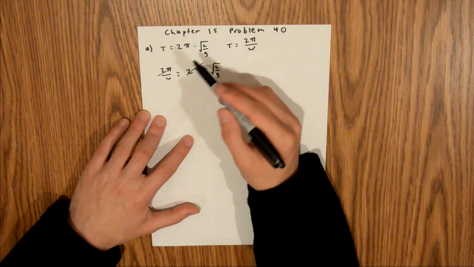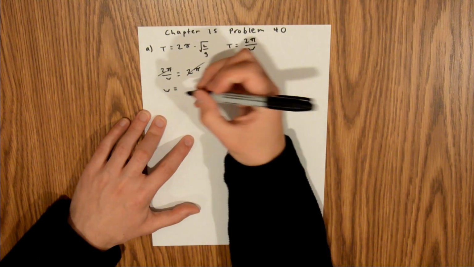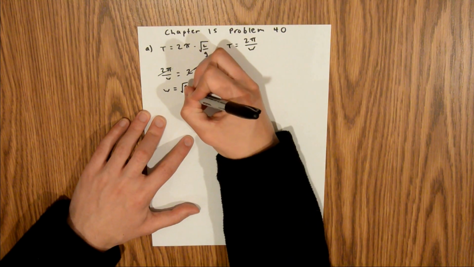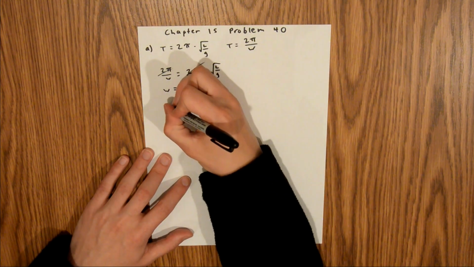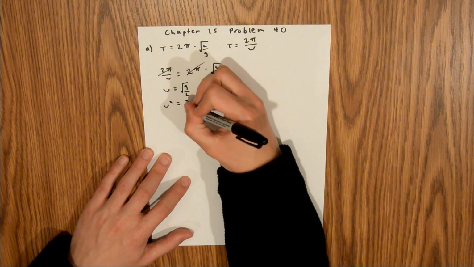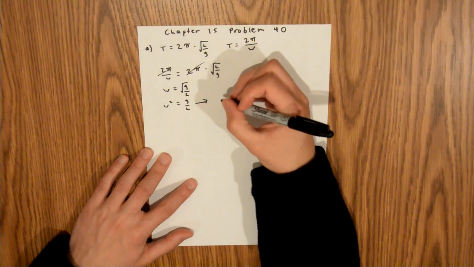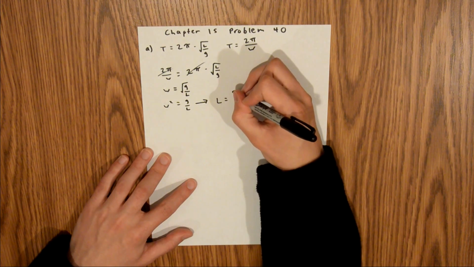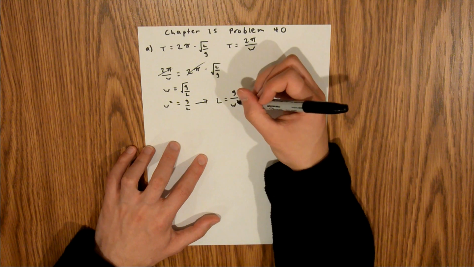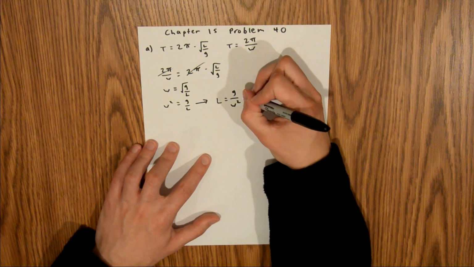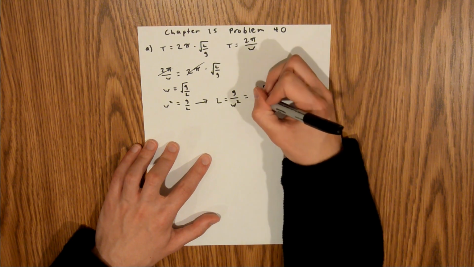And then what we can do is invert both sides, and so we get omega is equal to the square root of G over L. And then we can square both sides, and so we get omega squared is equal to G over L. And then we can solve for our length by rearranging, and we get L is equal to G over omega squared. And the problem gives us both of those values, and so we have 9.8 meters per second squared divided